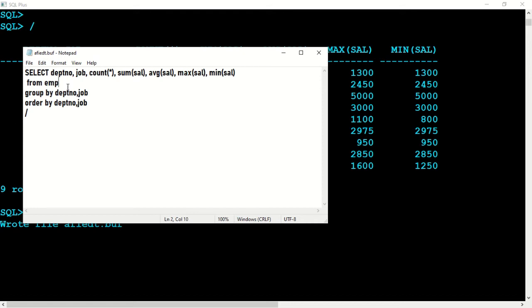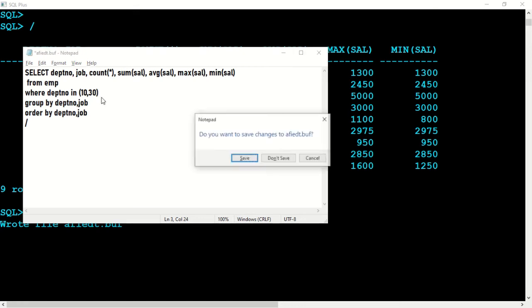So before group by, we'll say where clause: where deptno in 10, 30. Only departments 10 and 30 will be considered. Only those records will be fetched, and after fetching those records, it will group according to department number and job. So there are only 10 and 30 as department numbers, and you can see only 10 and 30. The department number 20 records do not exist in this case.